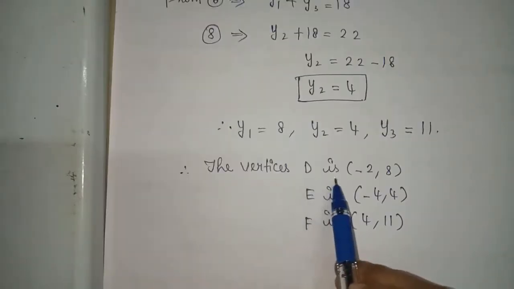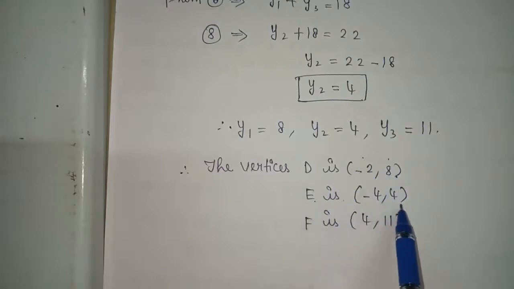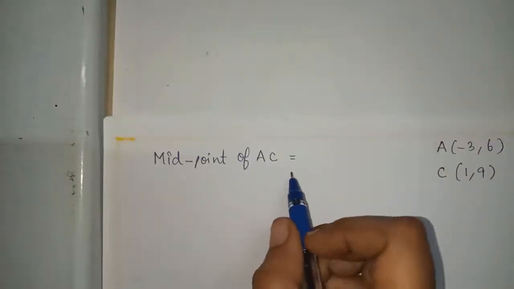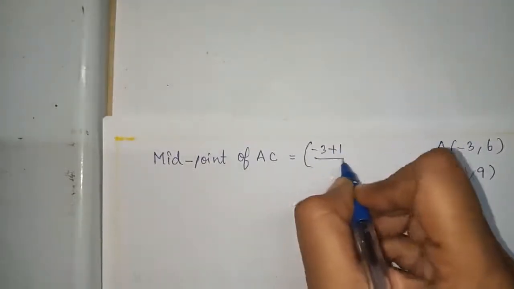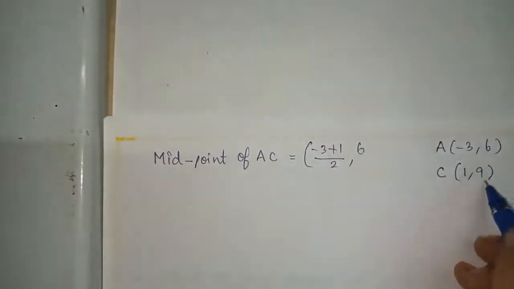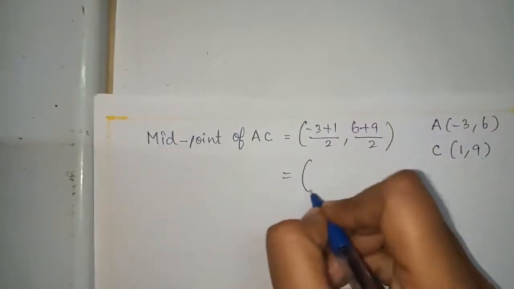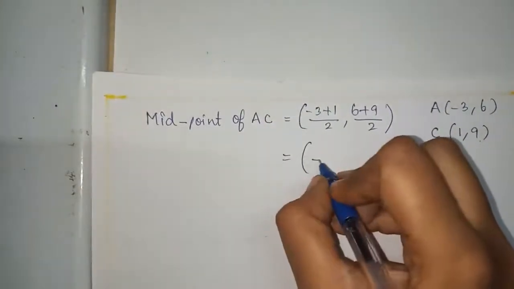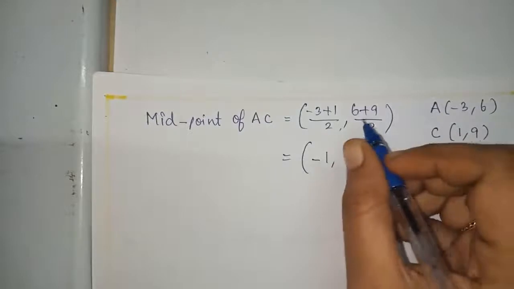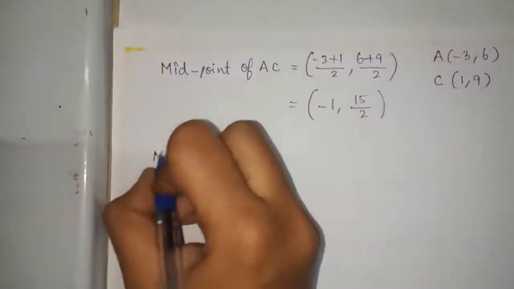Therefore, the vertices D is (-2, 8), that is x1, y1, and E is (-4, 4), F is (4, 11). Therefore, the midpoint of AC is equal to ((-3 + 1)/2, (6 + 9)/2), which is equal to (-3 + 1 by 2 is -2 by 2, which is nothing but -1, 6 + 9 is 15 divided by 2). Next one is